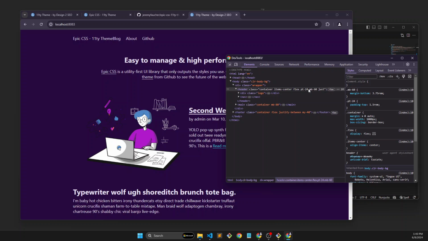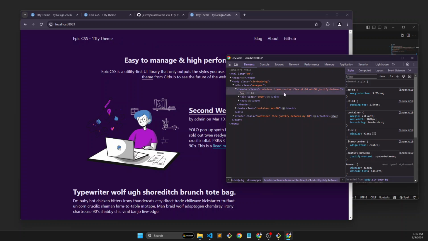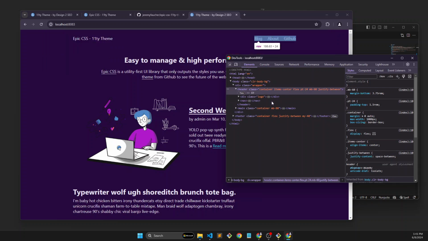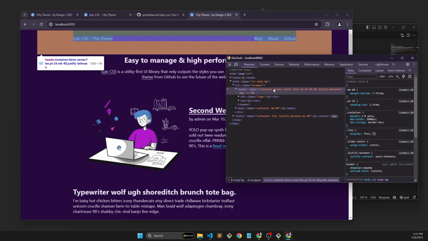The utility for that is just like Tailwind, justify between, and that'll push that over to the right there. So some really easy ways to work, it almost literally takes out an extra step or two when you would normally be doing CSS. And you get into that workflow and you start to be able to do different layouts and prototype and test different stuff